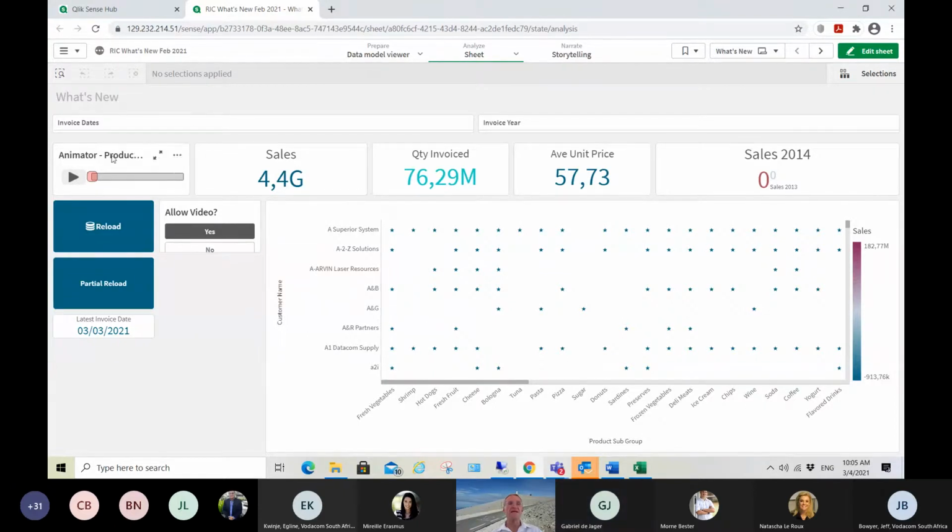Okay, so this little animator button came out, I think in November or maybe in the September release. But great little feature where it can go through all my different product groups for me. So my report here is going by product subclass and my customers. Hi, sorry, does someone need to ask something? No. Okay. So if I play the little animator,